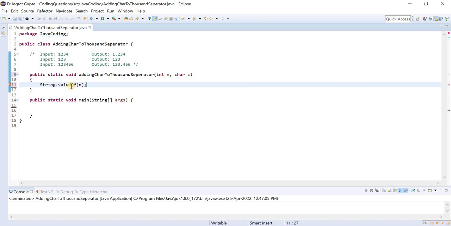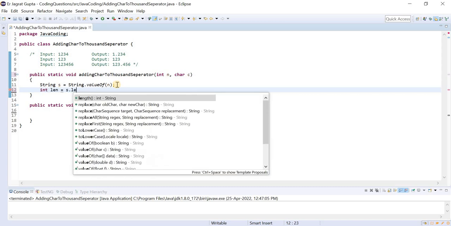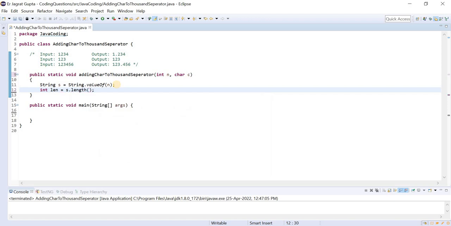With the help of this we can convert any integer into a string. Now think about the other requirement. We need a for loop till the length of this string, so s.length. Now you can see why I converted the integer input into a string.